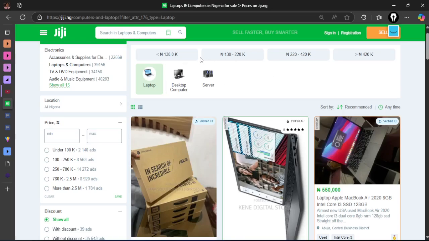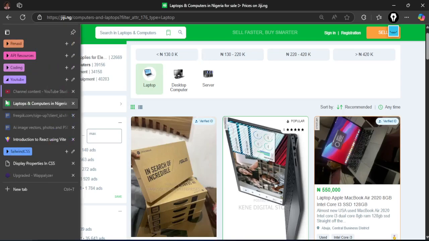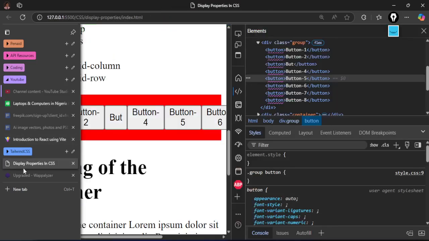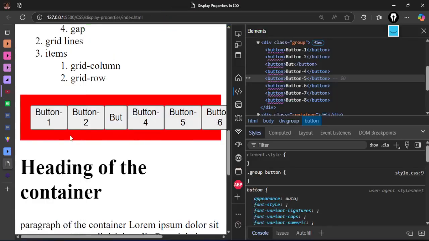So the spacing here, this is gap, and this is gap. But this one is not gap. This is padding, and this one too is padding. The one too at the top is padding, so it doesn't affect all those sides. The only thing we focus on is the in between each item, and it fills the space, whether there is space or no space. Whatever value you give to it,